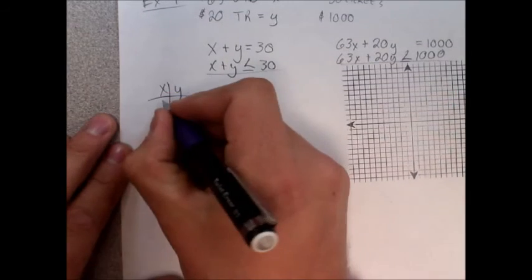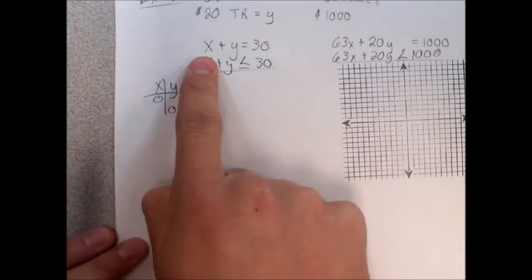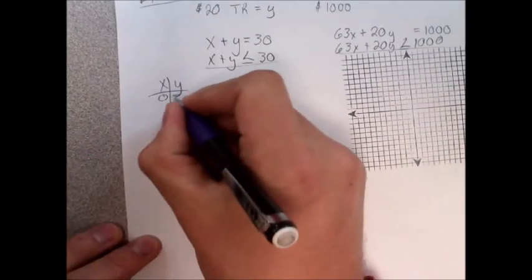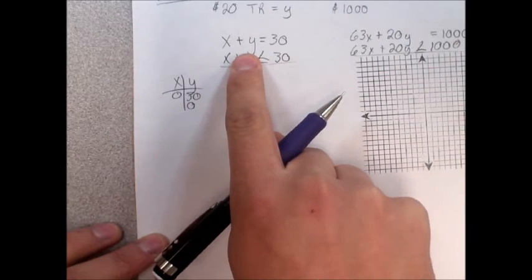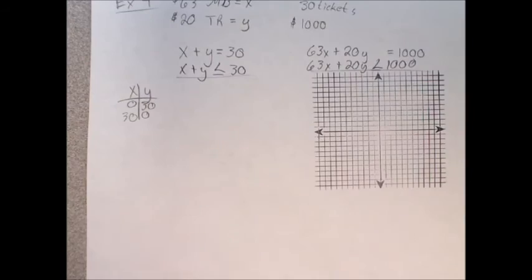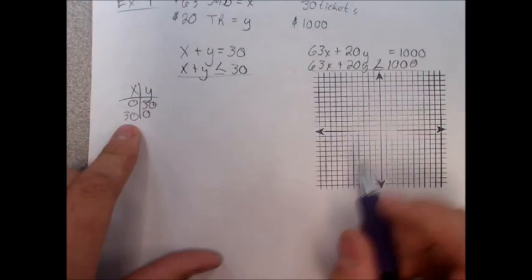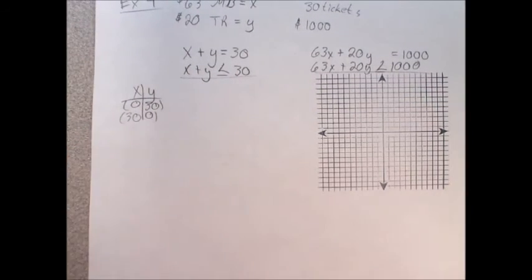So I'm going to let X be equal to 0, and then I'm going to let Y be equal to 0. So when I let X be equal to 0, Y is going to be 30. That one's really easy. And then when I let Y be equal to 0, X is going to be equal to 30. So that one I can graph relatively easily. Keeping in mind these 2 points, (0, 30) and (30, 0),